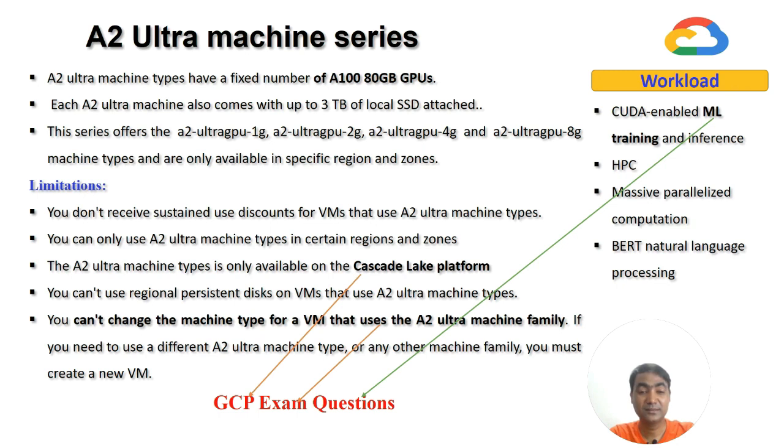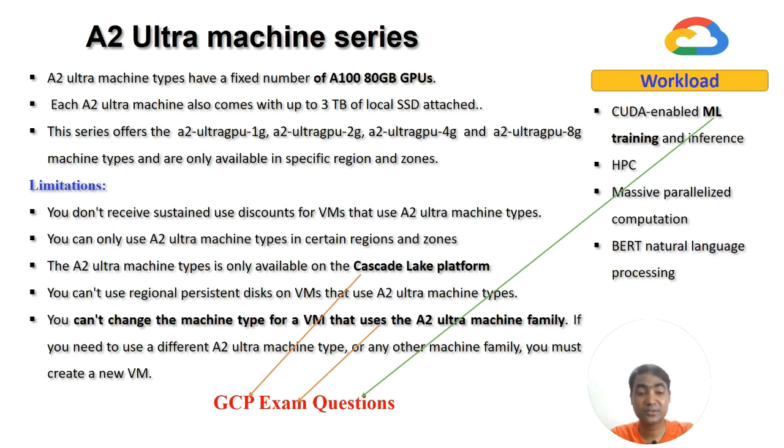As I mentioned here also, each A2 Ultra machine also comes with up to 3 TB of local SSD attached. This series offers A2 Ultra GPU 1G, A2 Ultra GPU 2G, and more machine types, but this series is only available in specific regions and zones, and it is not available in all regions and zones. As you can see here, some of the limitations of A2 Ultra machine types are: you do not receive